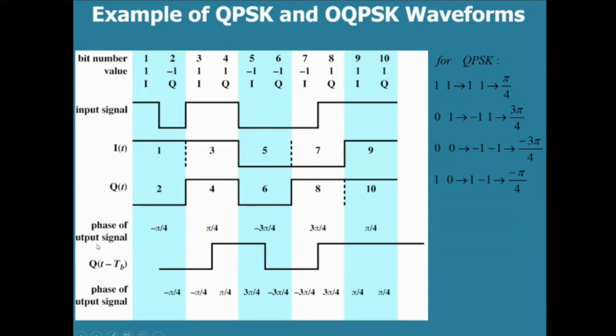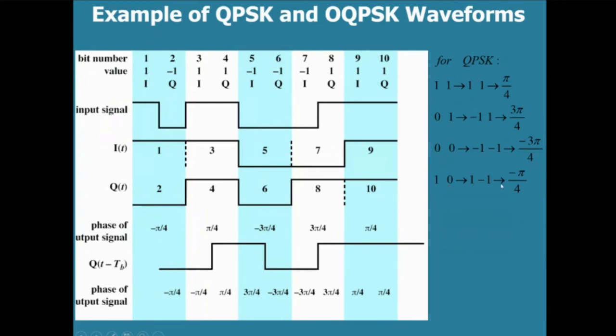Now the phase of the output signal. Here it is a combination of in phase and quadrature phase. For the values, the phases are pi by 4, 3 pi by 4, minus 3 pi by 4, minus pi by 4. So here it is 1 0. First component is 1 and the second component is 0. It is a representation like 1 0 1 1 0 0. So in the in-phase and quadrature phase components, for the first two elements, the phase shift angle: first it is 1 and here it is 0.